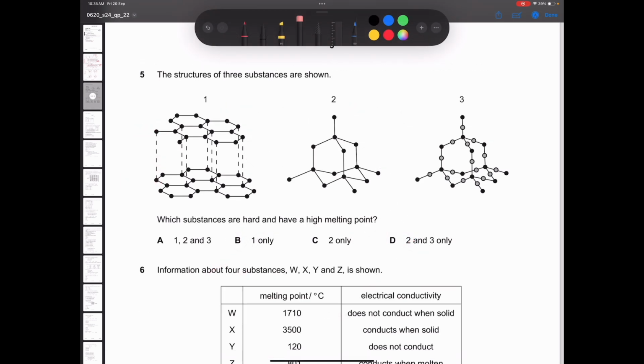5. The structures of three substances are shown. Which substances are hard and have a high melting point? So for this, we know that